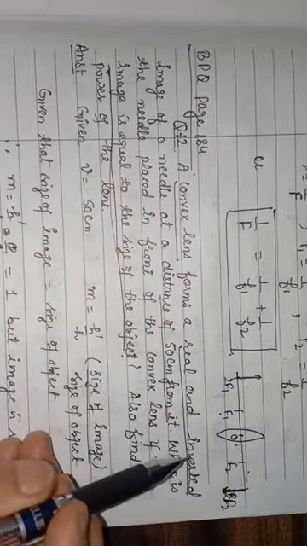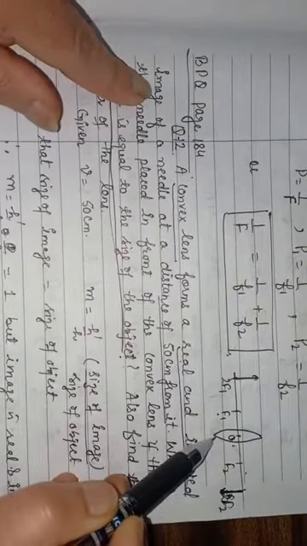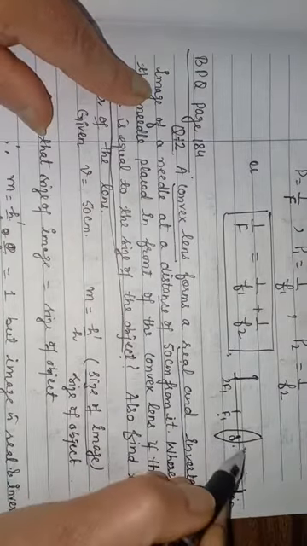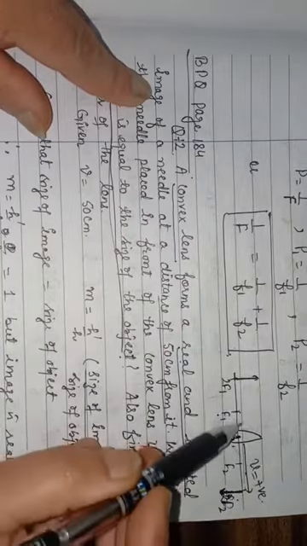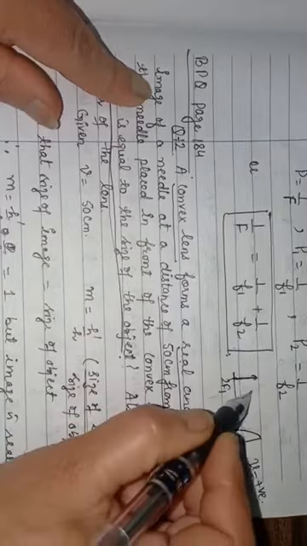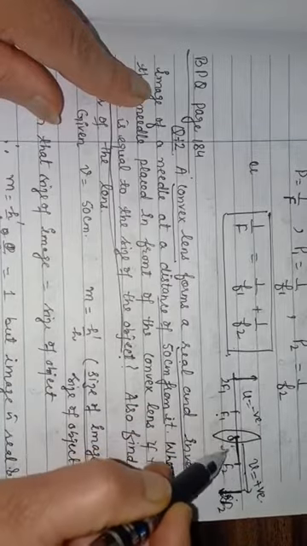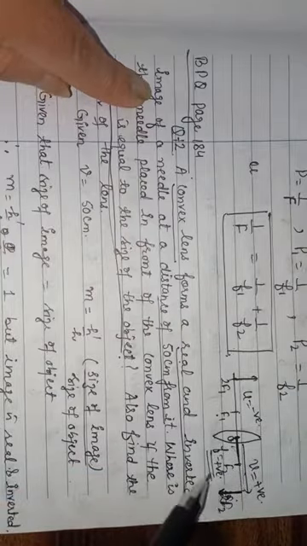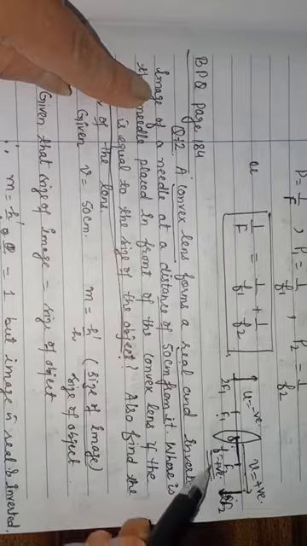After that, image distance is given to you, and you know that in case of a convex lens, a real image is always formed on the right side of the optical center. So the sign of v is positive for a real image, and the object is always placed on the left side, so the sign of u is negative. Focal length is always on the right side, so focal length is positive, that we want to calculate. By writing these sign conventions, we come to know about the sign of the value that we calculate, whether it is positive or negative. We can check our answer.